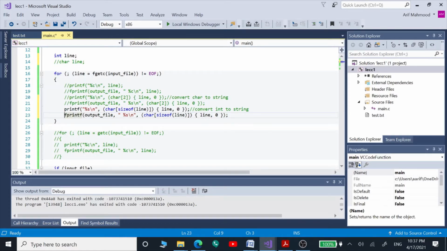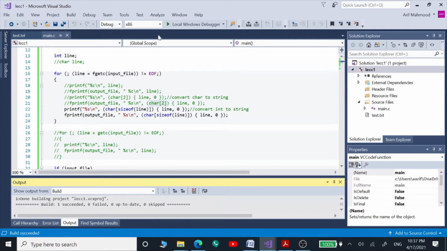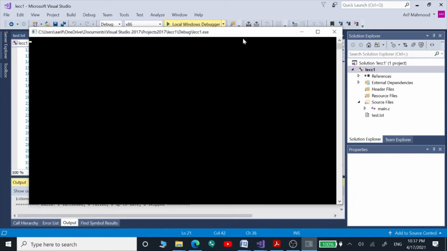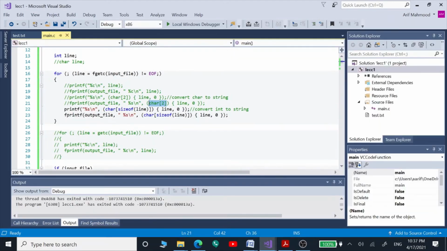There is a little difference between the two code lines. Here we are defining the character size like this, and here we have defined the character size like this. So we can see the same output.